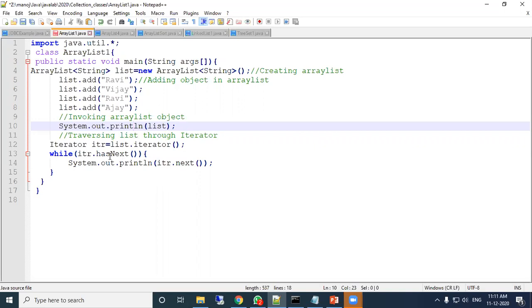Now while(itr.hasNext()), hasNext means if there is data, then it will print. The iterator itr has a method hasNext, which returns whether the next data is there or not. You can say itr is a pointer, a reference to a particular position of the array list.